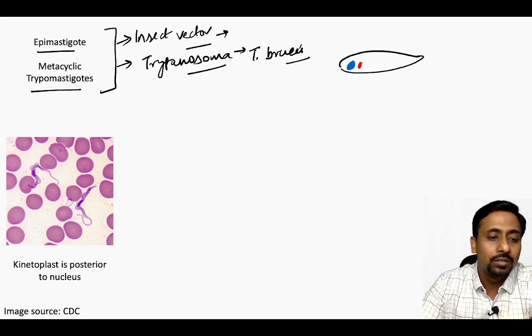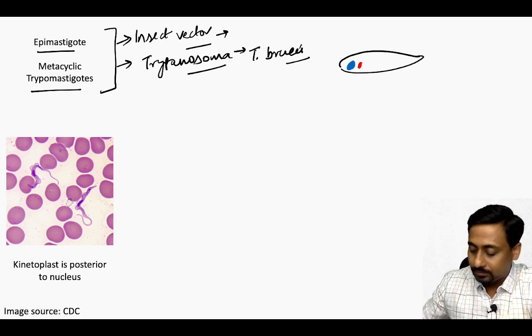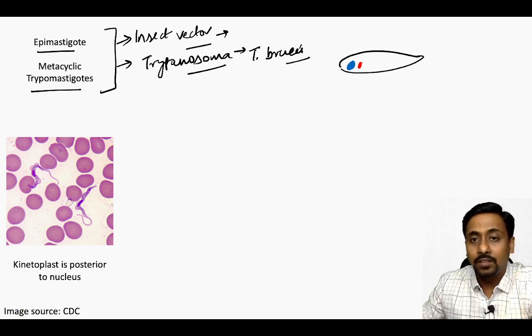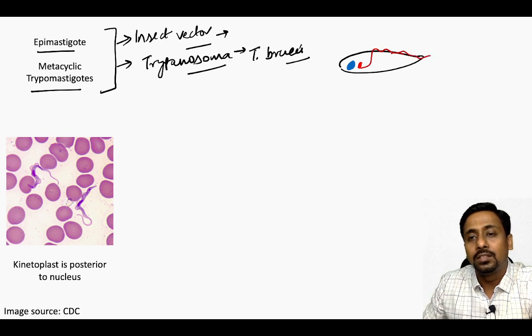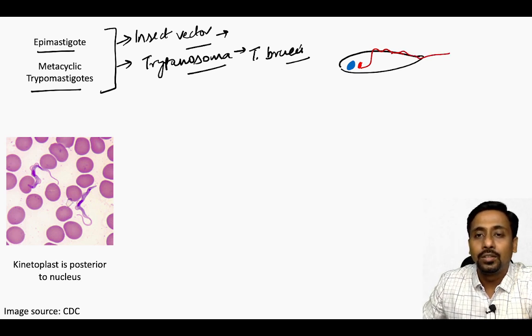And also the flagellum. Also the flagellum will not come directly from the anterior end, however it will run alongside of the body as a short undulating membrane and then come out from the anterior end. So in this you can see a short undulating